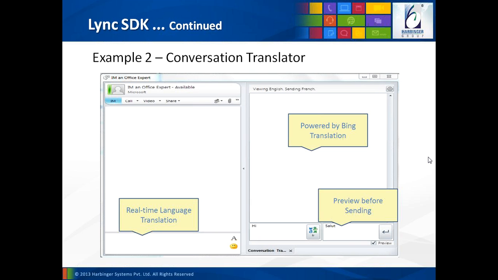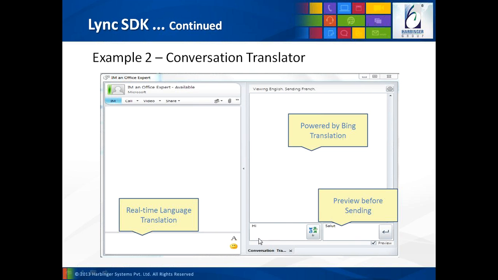text from one language to another using the Bing APIs, and then sends the translated text as contextual data directly onto the conversation flow. So I'll just hover over a text box. Are you able to see that?